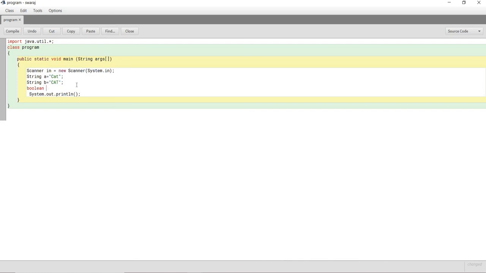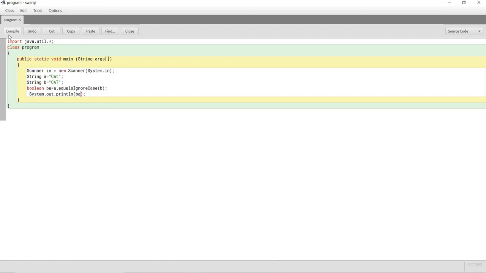Boolean ba is equal to a.equalsIgnoreCase(b); in braces we will write b, semicolon, and we will give our output as ba.